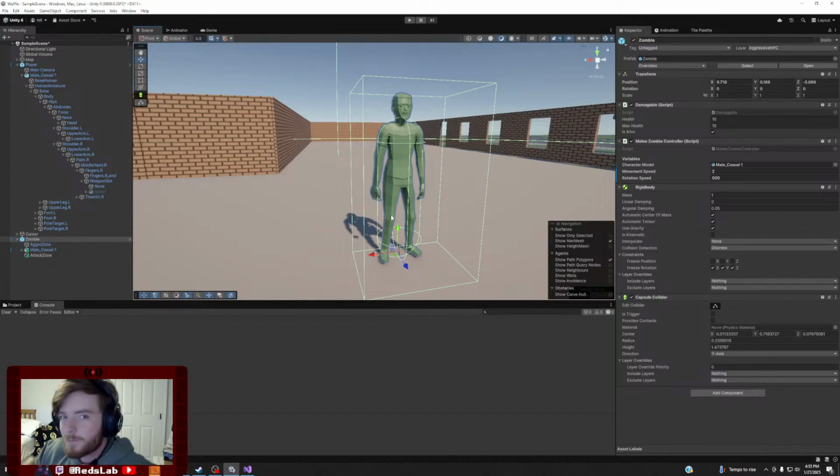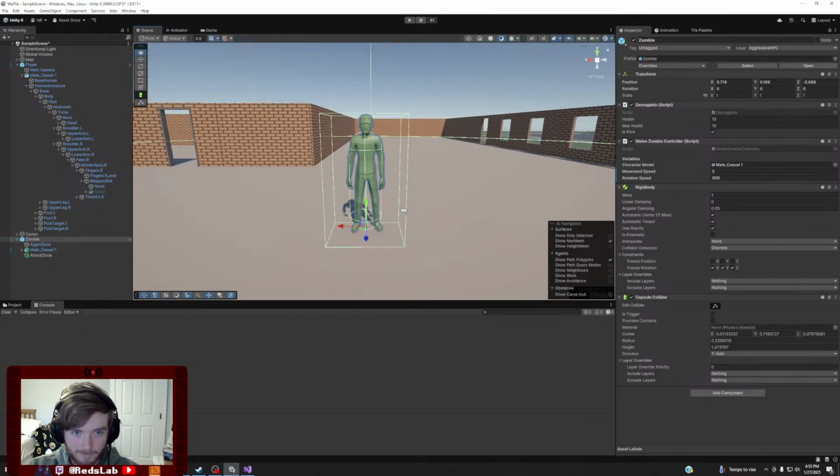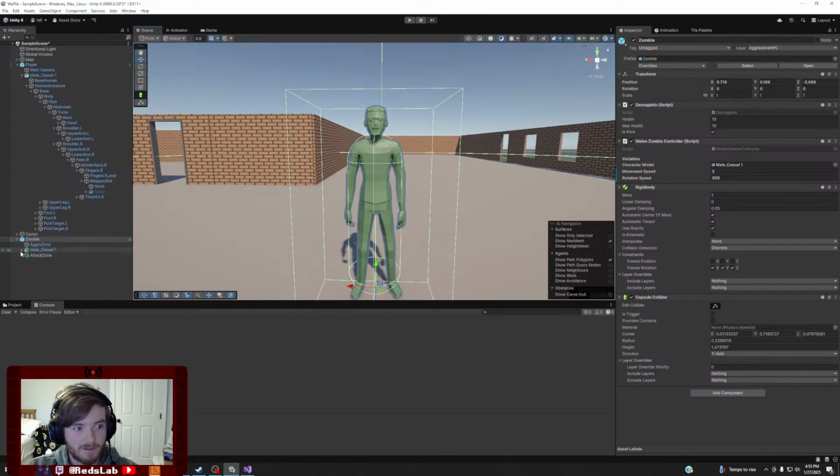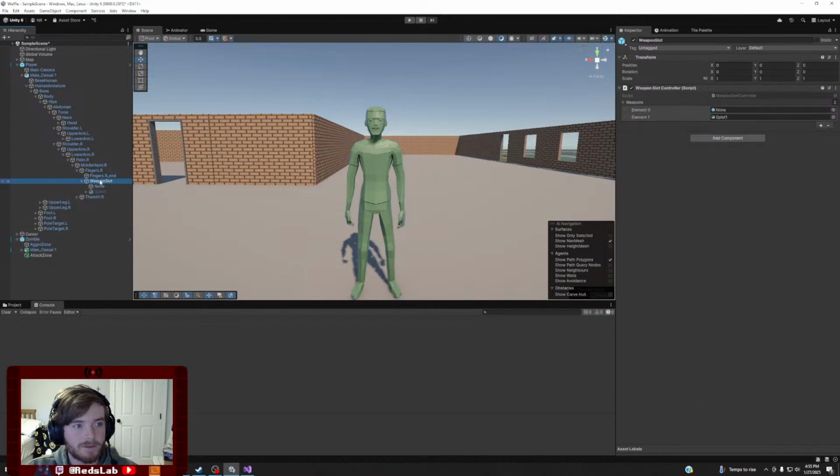So I know the zombie is going to be able to attack some other things. So basically what we're going to do, with his animation, is kind of do the same thing right here with the weapon slot. This is so that the actual game object moves with the animation, because I don't know if you know how animations work,